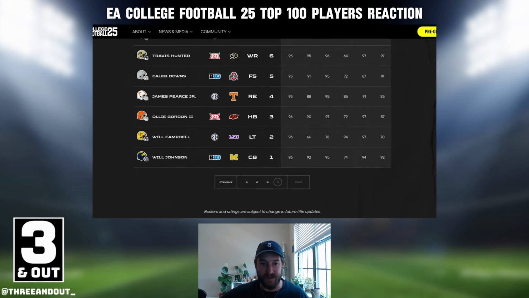So you have a 3-way tie, top 3 spots at 96 overall. So 96 is the highest rating in here. I like it. I don't think anybody should be rated 99 overall. It seems very balanced. They didn't really skew too high for anybody on this list, I don't think, in terms of ratings, except for a few exceptions, which you can argue about. But yeah, there you have it. That is the list. Will Johnson at number 1, 92 speed, 95 acceleration, 96 overall.